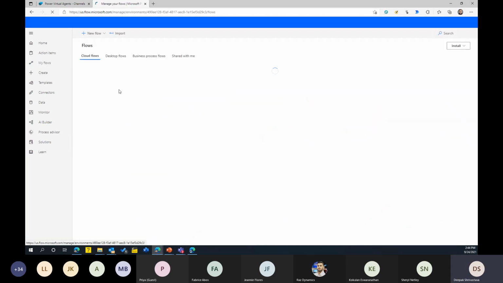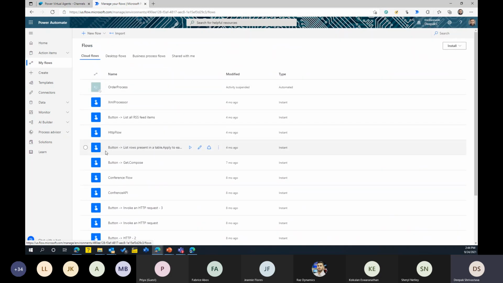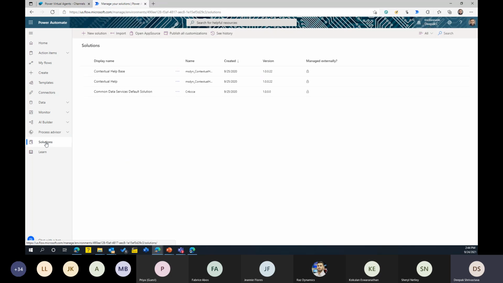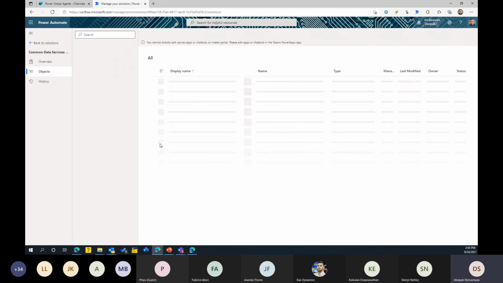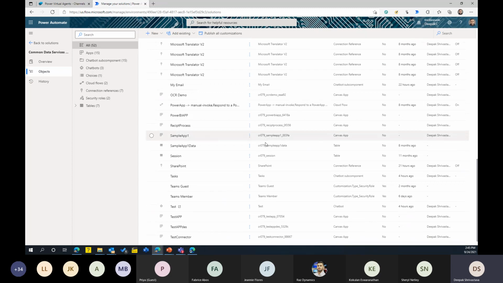If you go to My Flows, you may not see the flow that you are creating for your bot. These are different flows, because the flow that you create for a bot goes to the solutions. So click on Solutions, and then you need to go to the default solution created for Common Data Service. It's nothing but the old name of Dataverse. Click there. And this is where you can find all your apps that you created for Microsoft Teams, all your bots, all your flows, right? If I scroll all the way down,